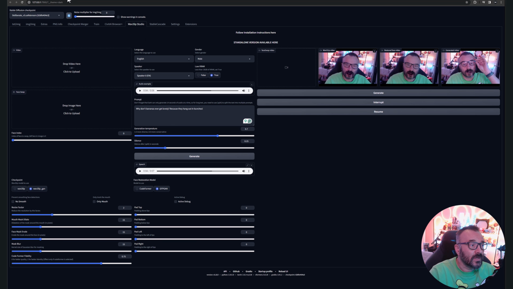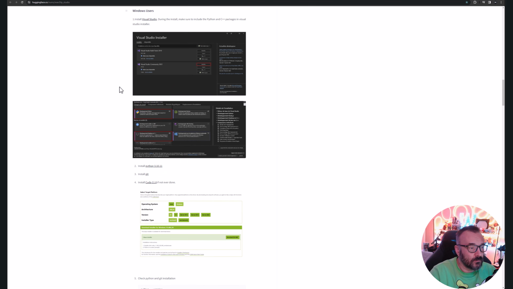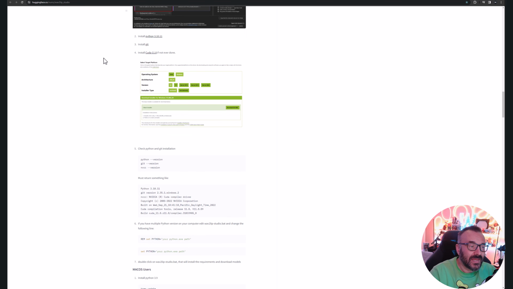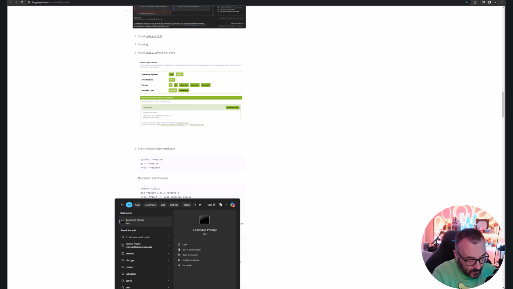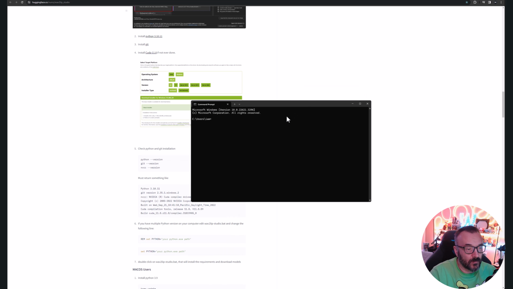So if you go to standalone and look down, you'll notice they have the installations all laid out very nicely, if you actually follow them. But mainly what is happening, we need to install Python, Git, and CUDA. You don't necessarily need to install them if you already have them. If you don't, let's go ahead and type cmd, command prompt. So we'll run it right here, command prompt, and just in command prompt type